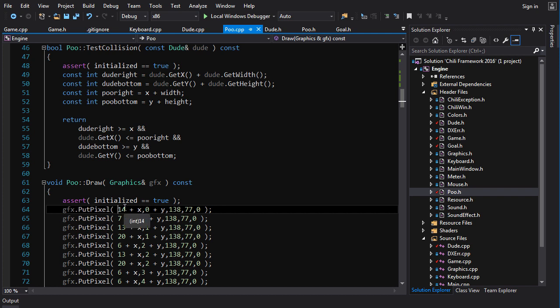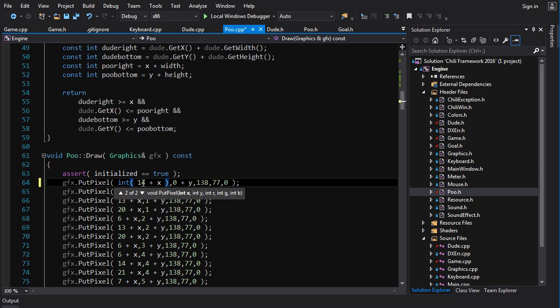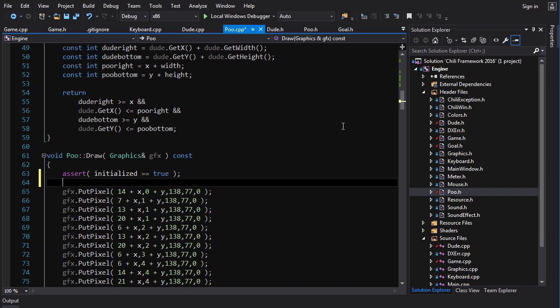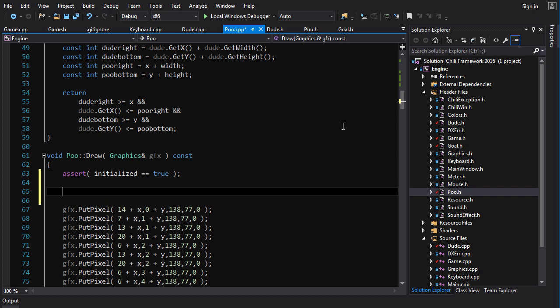Now what we could do is go in here and convert each and every one of these to int. So put an int conversion here for every single line. That sounds like a terrible idea. So what we're going to do instead is create a conversion to integer of